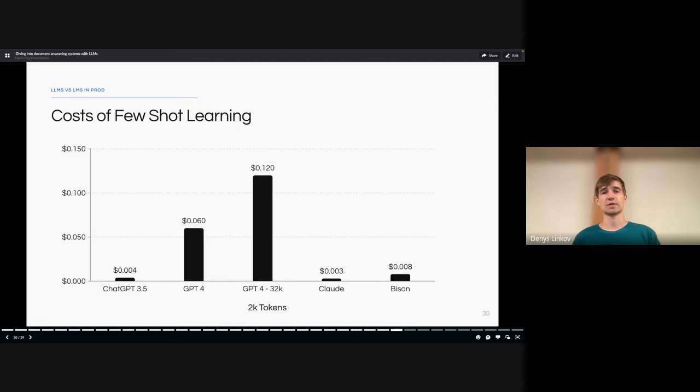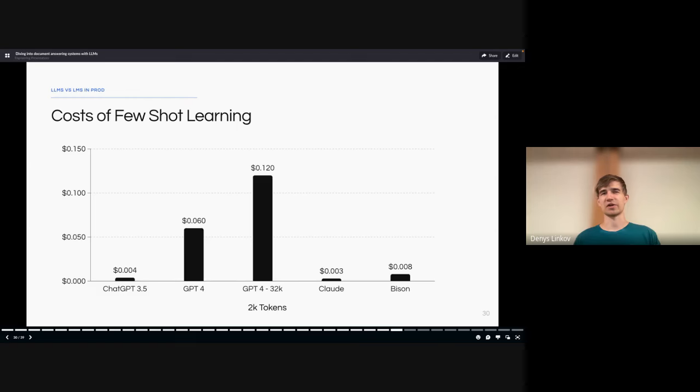So I think this is something really important to think about, that GPT-4 is a very powerful model, but it's expensive, right? If you're asking the knowledge base and you end up having sort of 2K tokens in your context, suddenly you just paid 12 cents, if you're using the long context, or 6 cents for the shorter context one, as compared to something like ChatGPT, Claude, or Bison. So a very important thing to consider.